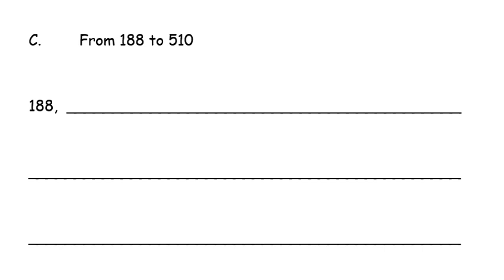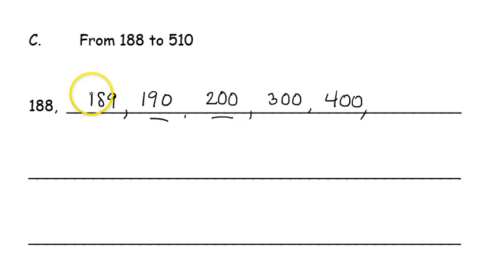Here we're counting from 188 to 510 using the same process, but you'll see how it's a little different at the end. So I'll start by counting by ones. I have 188, 189, 190. I'm going to start counting by tens from 190. That brings me to 200. Now I'm going to count by 100s. Next number would be 300, 400, 500. But we need to count to the number 510. So once I hit 500, I'm going to just count by tens to get me to that final number of